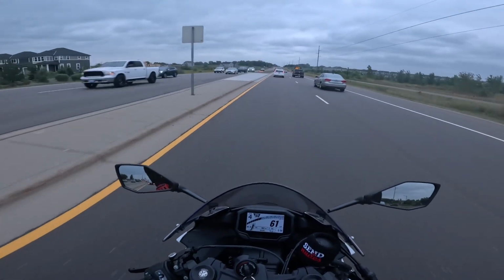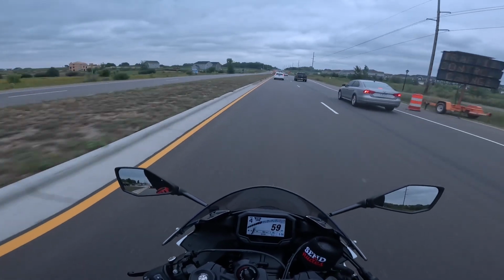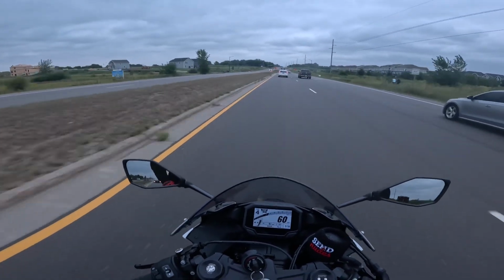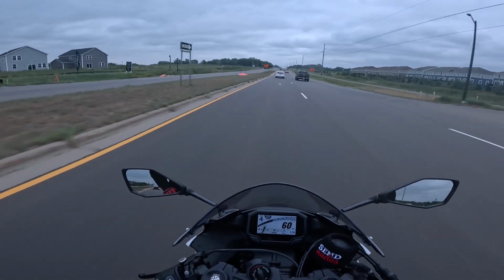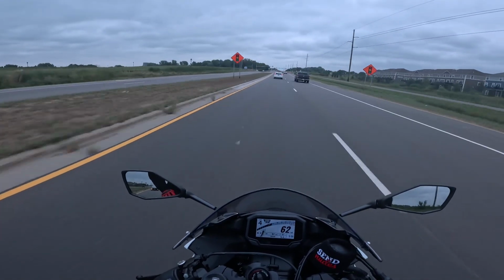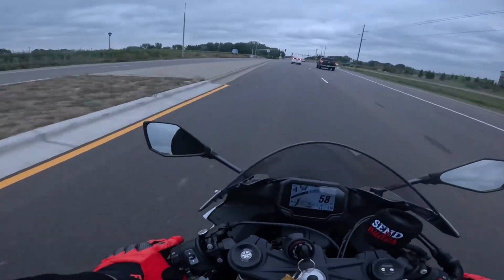Braking, 10 out of 10. I will say the rear brake, I wish it was just slightly harder, but it's 10 out of 10 braking. You'll be good. The rear brake is for more fine-tuned braking anyways. And another thing about the brakes is, I don't know if it's just because I'm in my first 1,000 miles or whatnot,